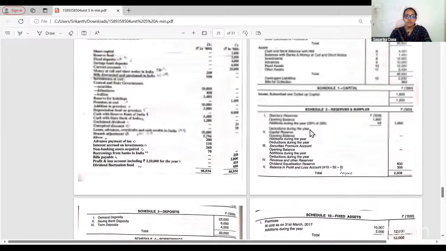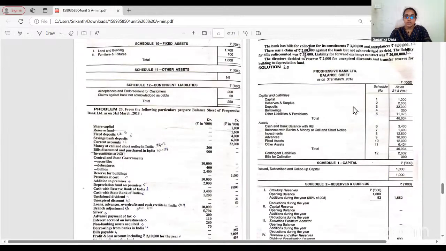This total amount we are going to take in the balance sheet as capital, schedule 1, reserves and surplus, schedule 2, deposits, schedule 3, borrowings, schedule 4, other liabilities and provisions, schedule 5. This is the total of your liabilities. Then cash and balances with RBI 6, balances with bank and money at call and short notice 7, investments 8, advances 9, fixed assets 10, other assets 11. This is your total of assets. Then 12, we will take the amount as it is. Bills for collection, we will take the amount as it is. This is how we will take